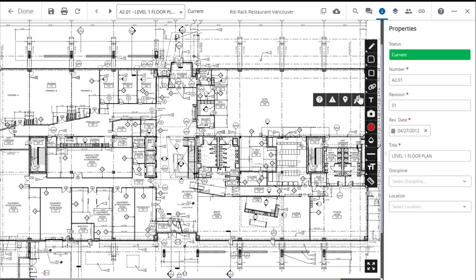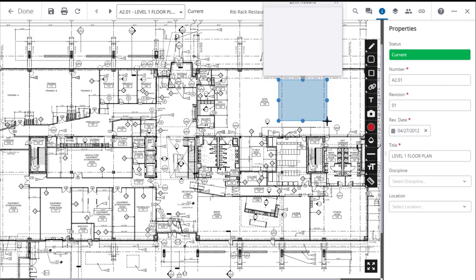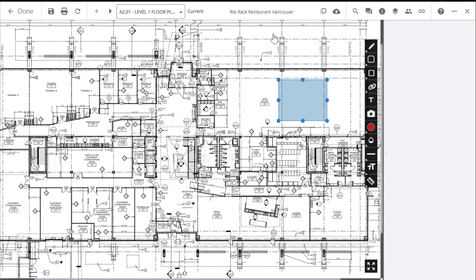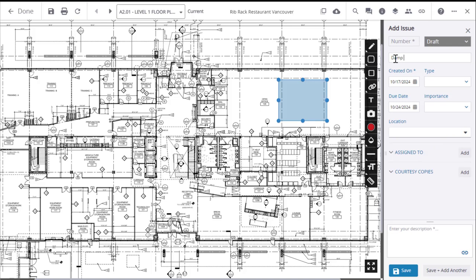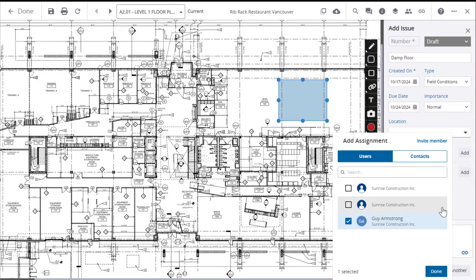To add a link to the drawing, first select the type of link from the link menu. In this case, we will link an issue. Then click and drag the shape to the location where you want it placed on the drawing. The link window will open, where you can search for an issue using the search field. Select an existing issue if there are any from the scrolling list, or create an issue. The side panel will open for you to add details, including assigning or copying the issue to others,